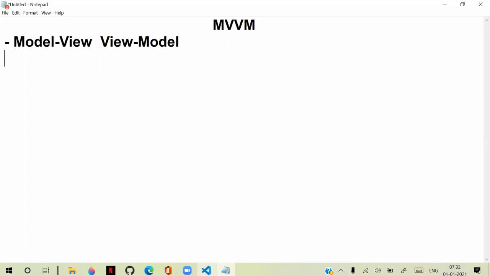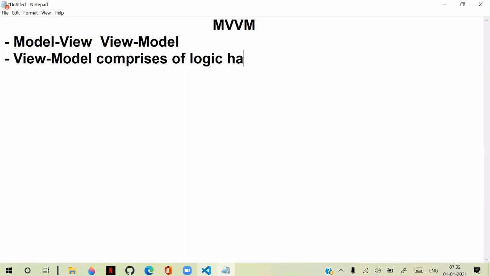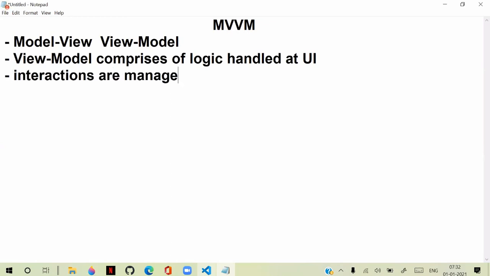The advantage of view model is that the view model comprises logic handled at the UI. That means all interactions are managed at the view level.